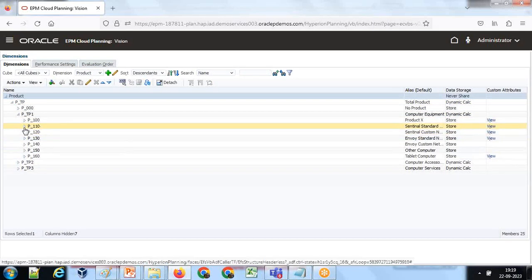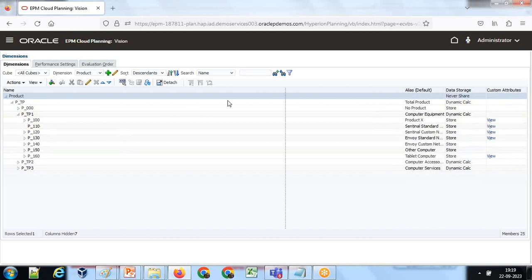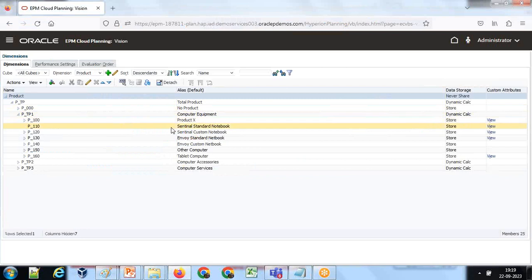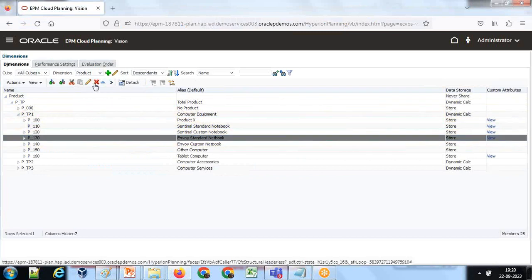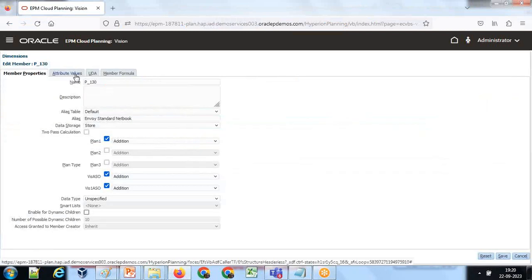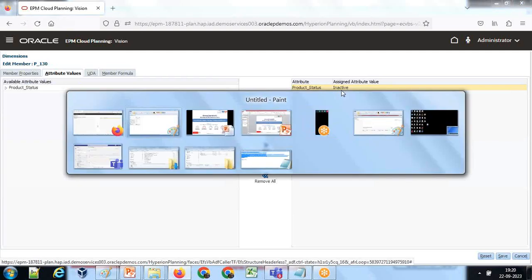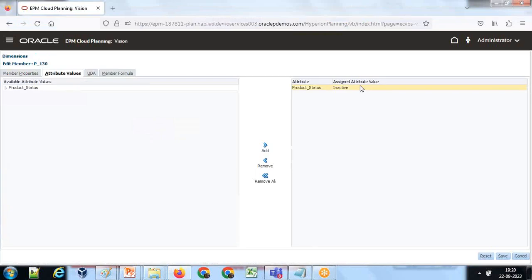Let me take one product for the sake of testing. I'll take maybe the Anvo standard notebook. This is the standard notebook. Let me go to the property and check the attribute dimension. See, the property is tagged as inactive, isn't it? I made it inactive, right? In the same way,